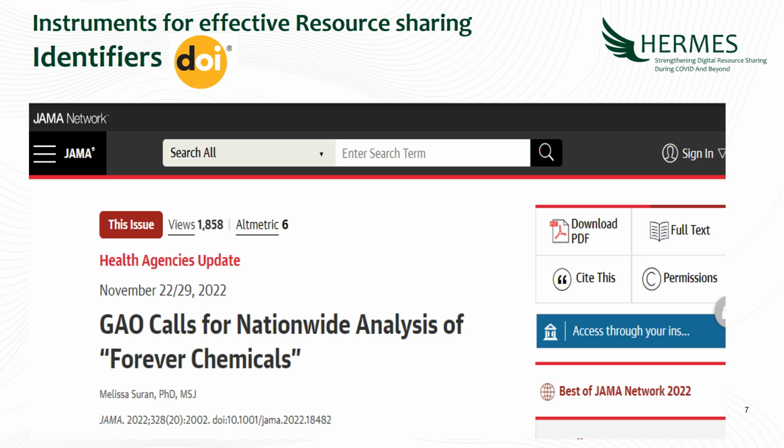But let's go back to the record. Something is lacking here. And this is the ISSN, the other identifier that is so useful for us, essential for identifying the journal,